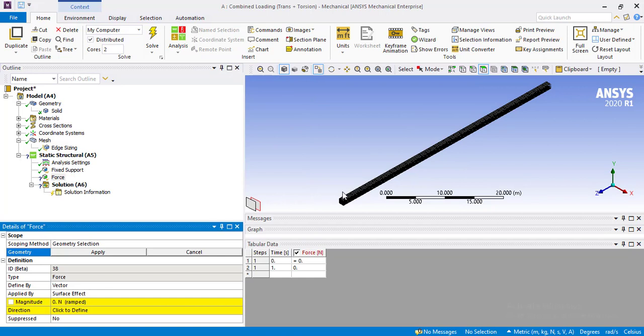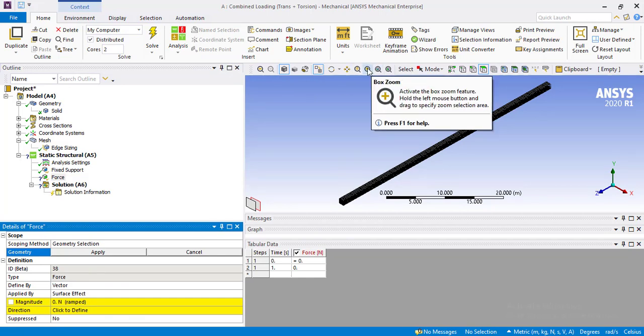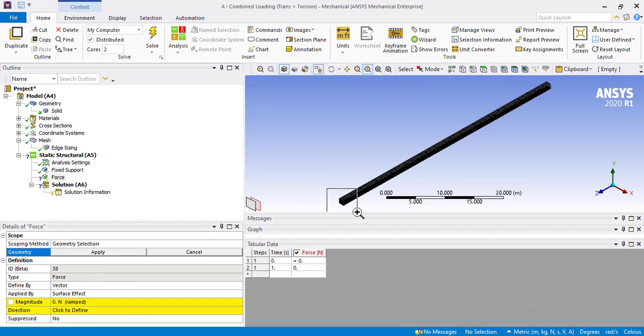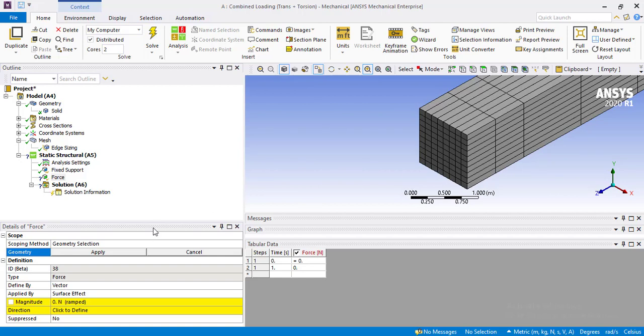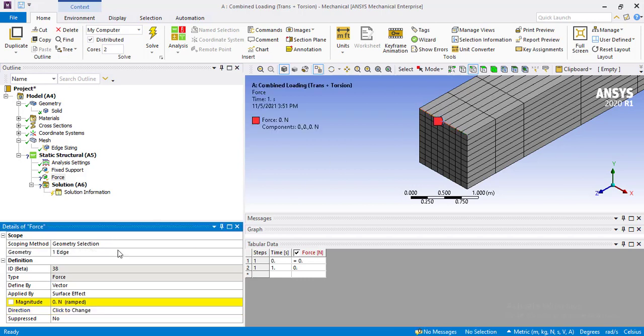Now for the purpose of selecting force, we will zoom this region using the box zoom command, and again enlarge it to a significant size, and then select the edge selection and select this top edge and click apply.